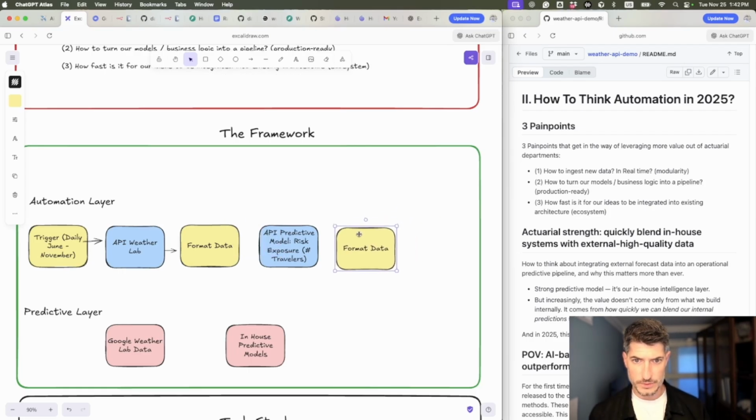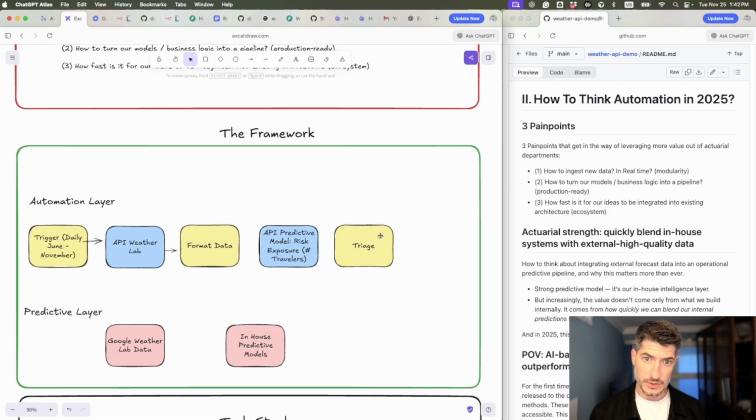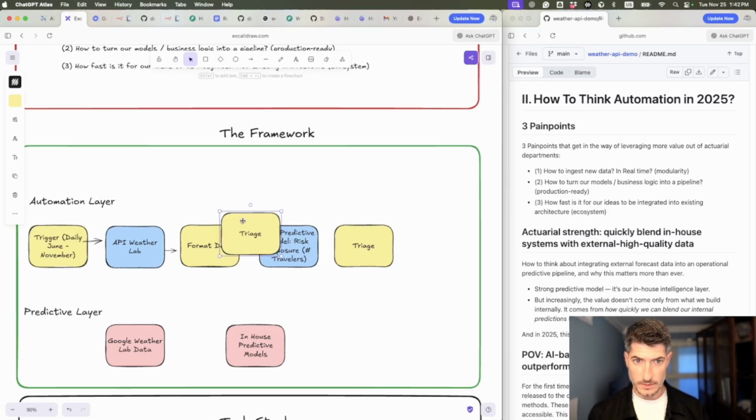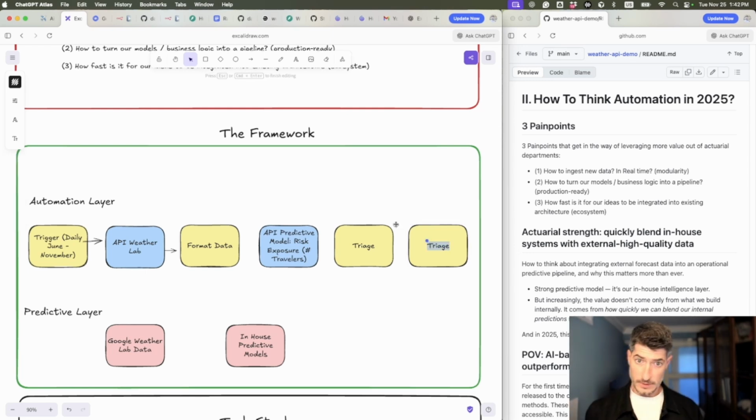And then when you have formatted the data, you want to do some triage so that your operations are not receiving one email per day that is not relevant. So you only want to filter the events that are significant for you. And then you want to send email. Okay, so this is the pipeline, very straightforward,